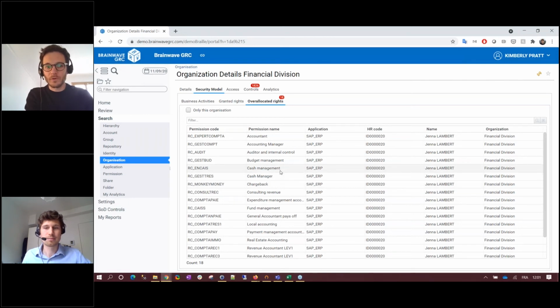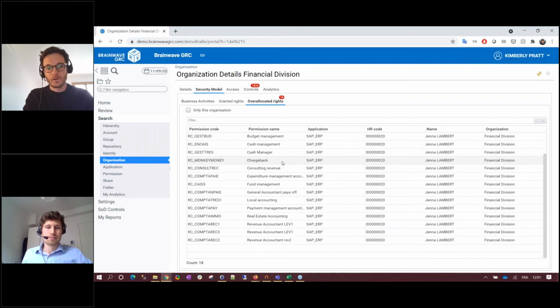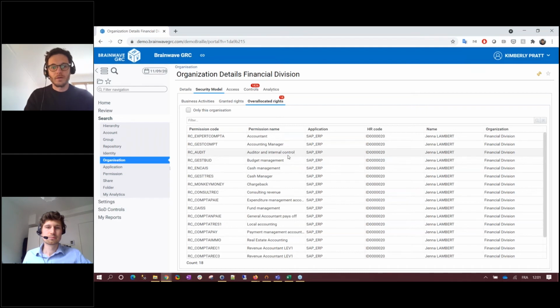And correct me if I'm wrong, but it seems that anyway, once you connect an application or a system to an IAM system, there are always some discrepancies like the one we just saw on SAP. So it's really important to have an application that is able to highlight these discrepancies to be able to sort these issues. So either feed them into the IAM system or revoke them if they're not supposed to be allocated. So to a data source, yes.